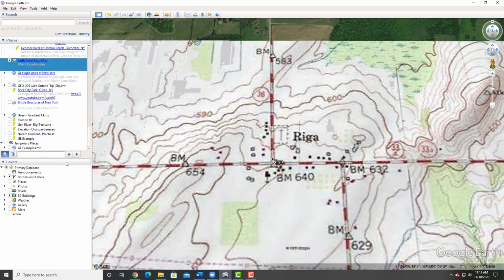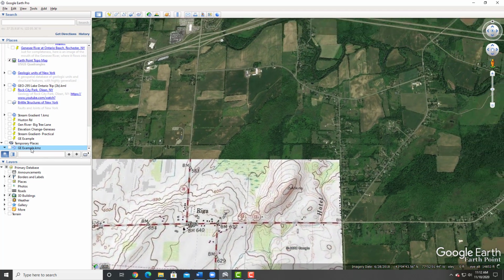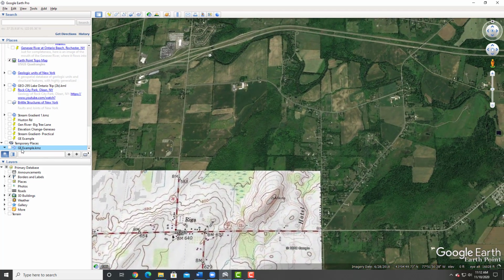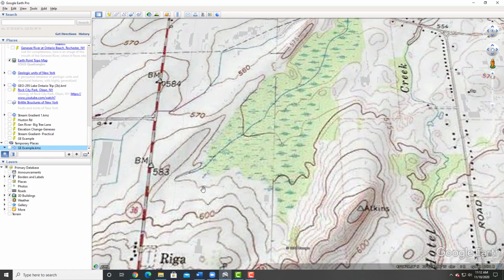So knowing now, you can always, in your temporary places, scooch back to exactly where you were by just double clicking on your name over here in places, and giving your computer a second to put all the data and all your maps back. So knowing now that elevation change is about every 10 feet,